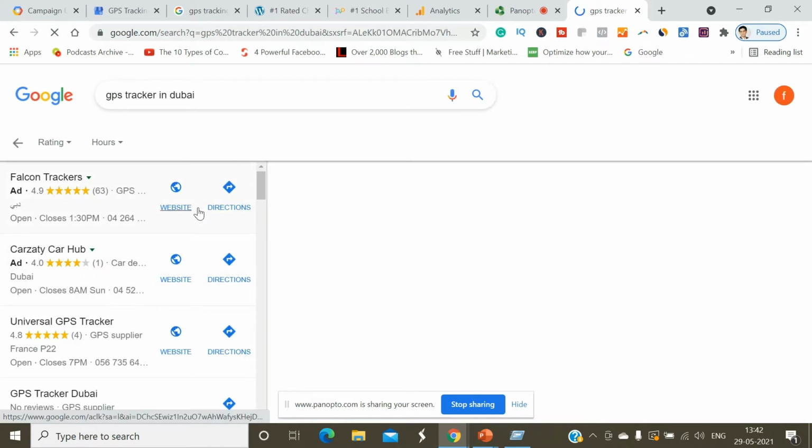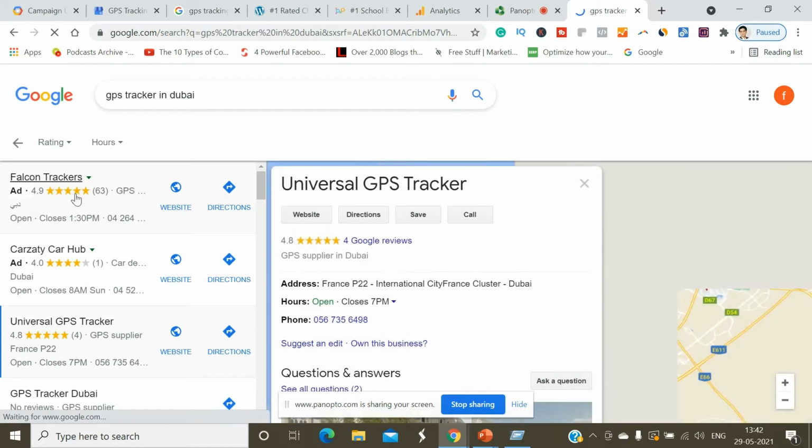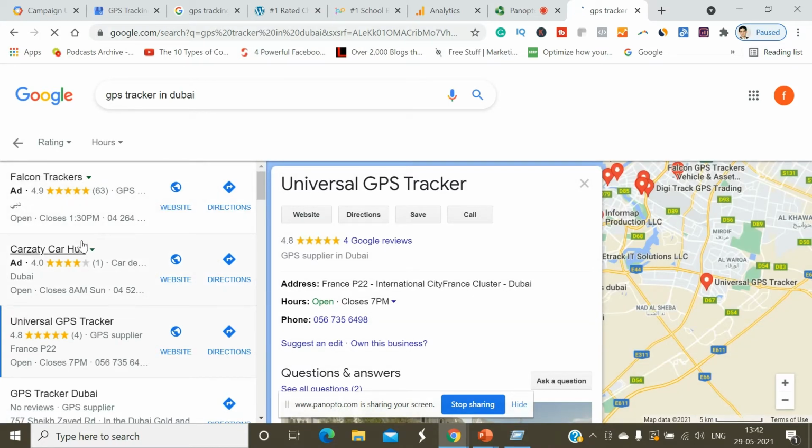What I will find here is, see, this is a paid ad. This is also a paid ad, and here you see Universal GPS Tracker.